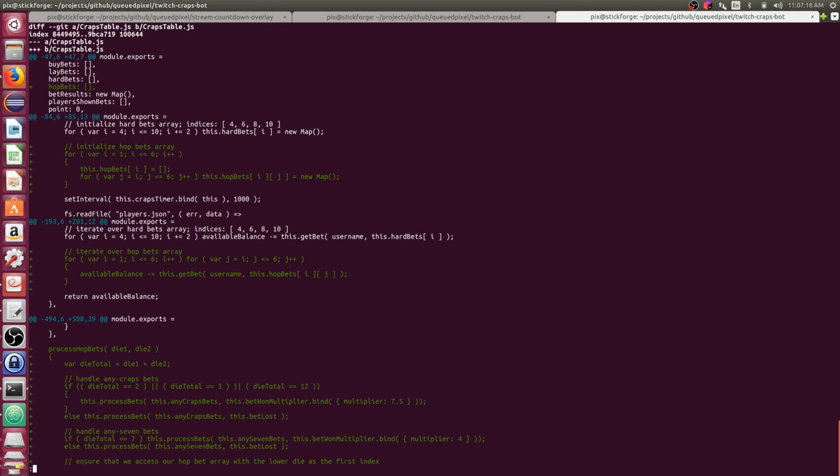Alright, so just looking over the code here, we've added the hop bets array. This is actually a two-dimensional array. As I discovered during initialization, we need to initialize the first dimension before we start to initialize the second dimension. So we have our initialization, we have our available balance,